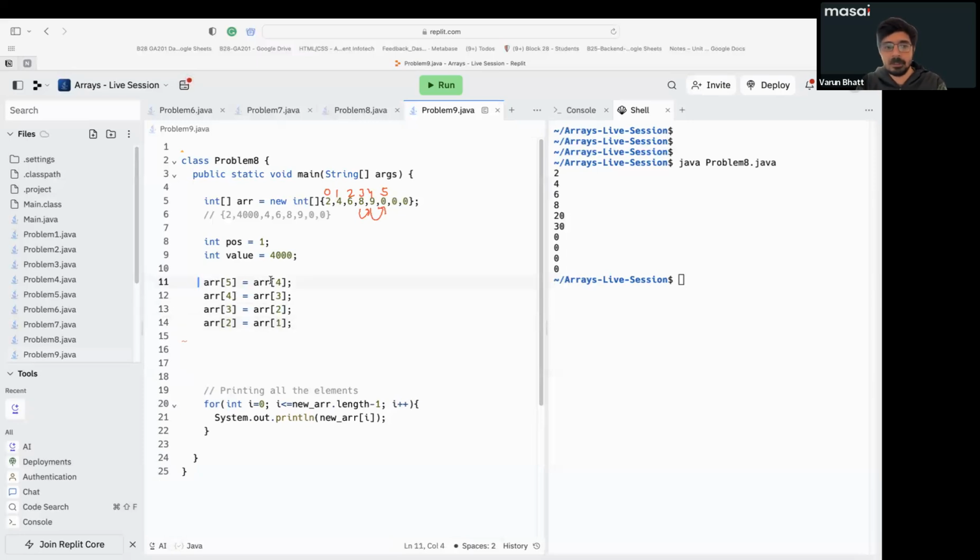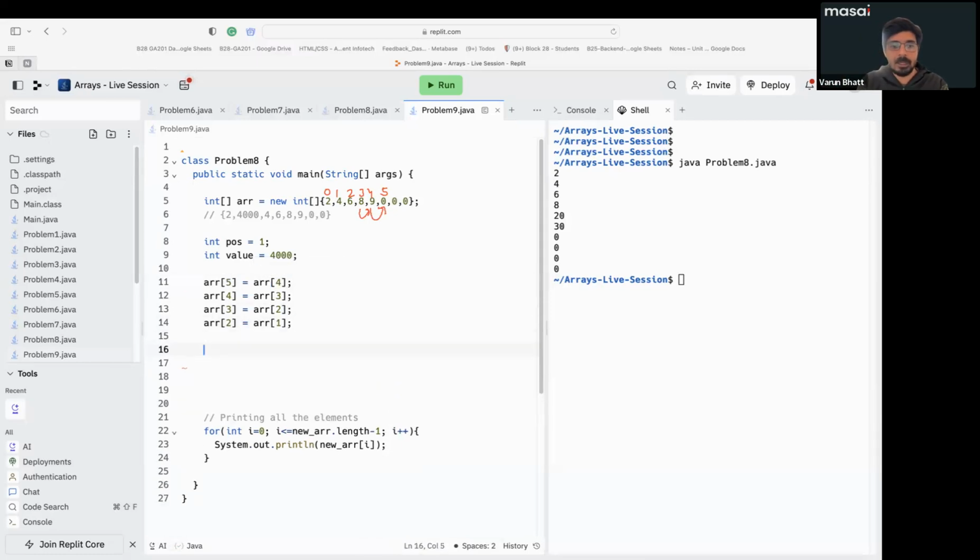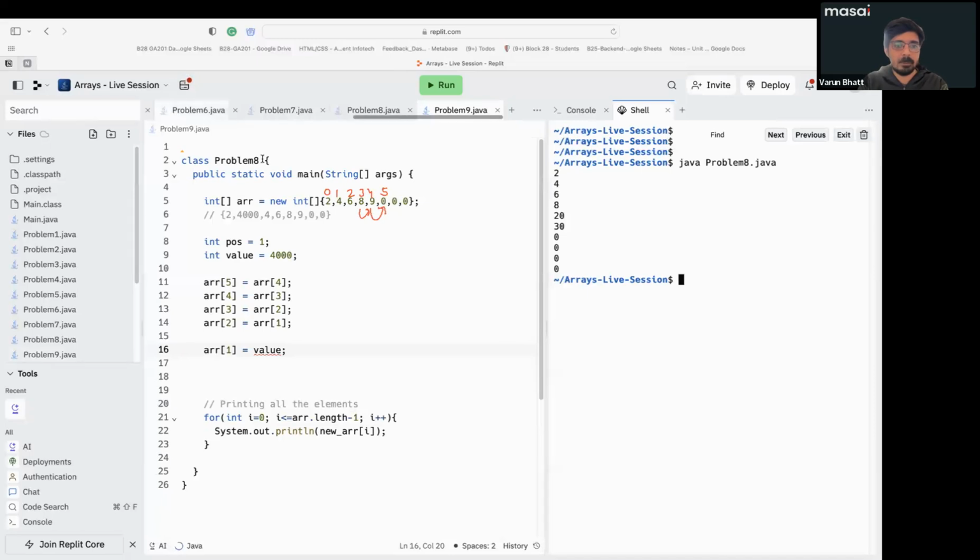अब इसके बाद क्या होगा? Since I have moved all the elements by one position, now I have the space for array of 1. Now in the array of 1, what I will do is I will insert my new value. So this is my value. So basically now I have inserted my value and now I can print the array. So if I just write this, and this is my array dot length - 1, and now I'm inserting this thing. So if I just print it,